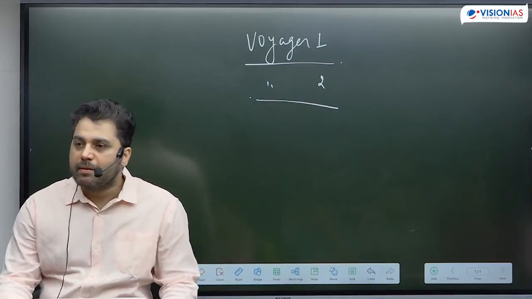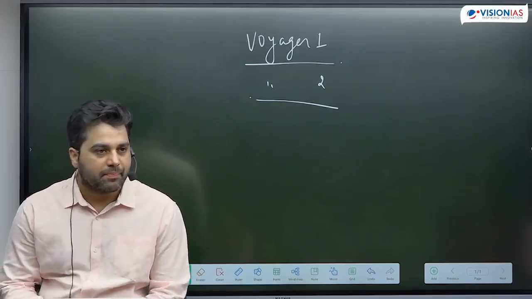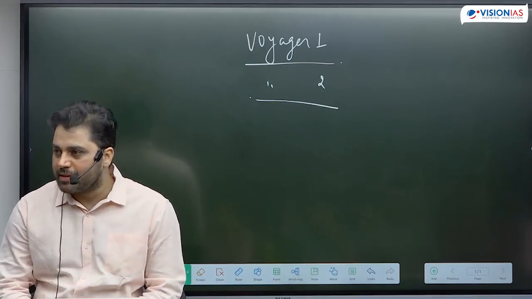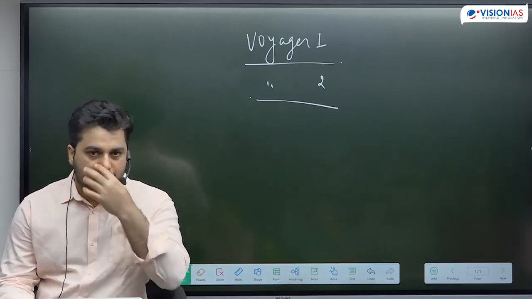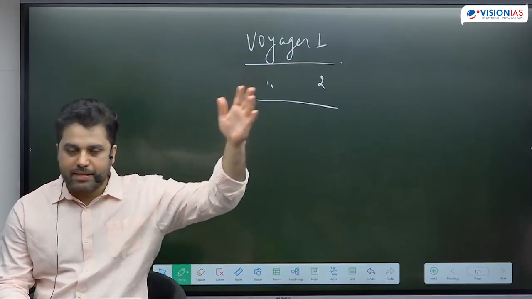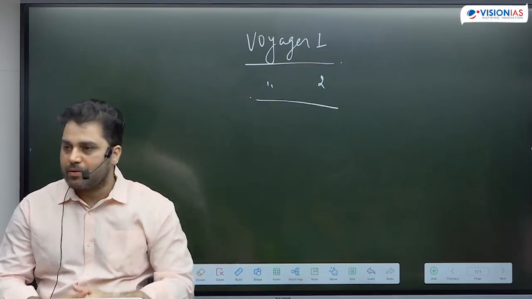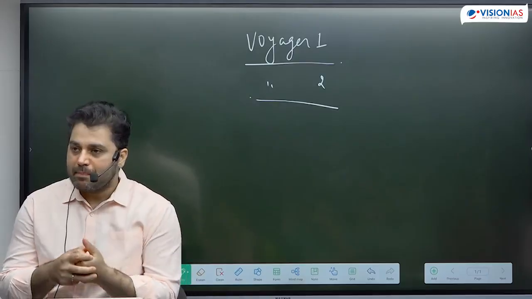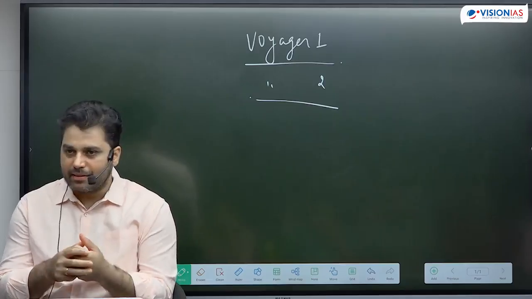Perfect. They're not even part of the solar system as of now. These are the only two man-made objects which are not part of the solar system. They were launched about 40 years ago. And in those 40 years, they went through all the planets. They went through the Oort cloud, and as of now, they are not even part of the solar system. But NASA still has a deep network of antennas, very powerful antennas, and it can receive very faint signals.